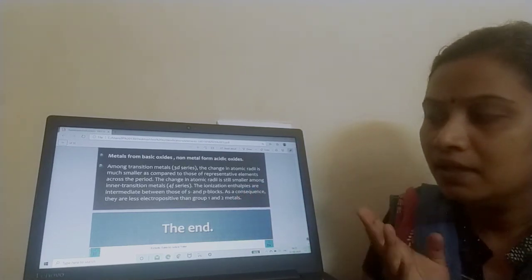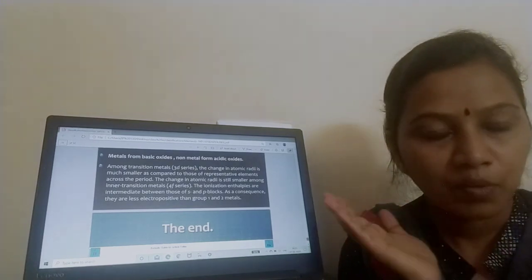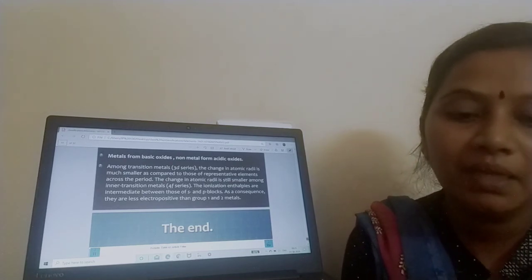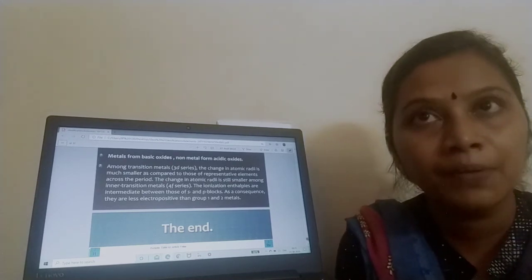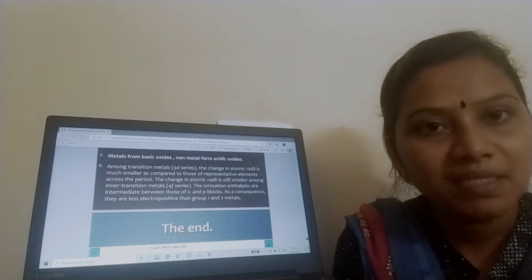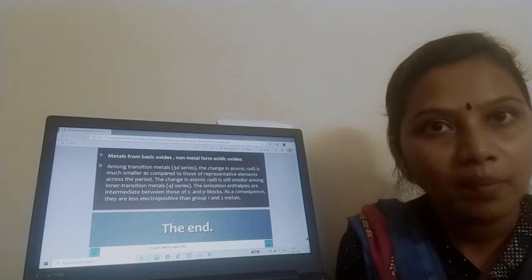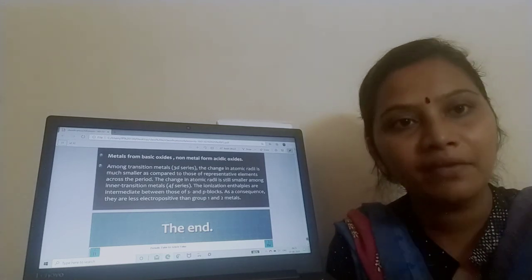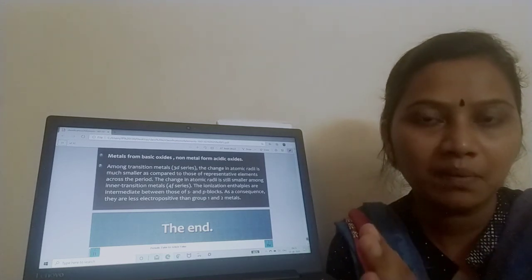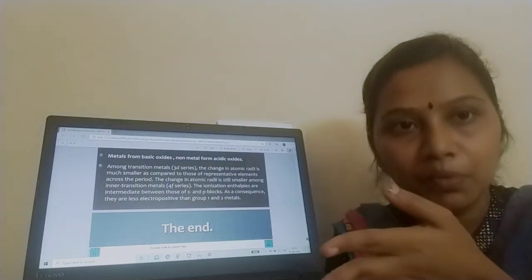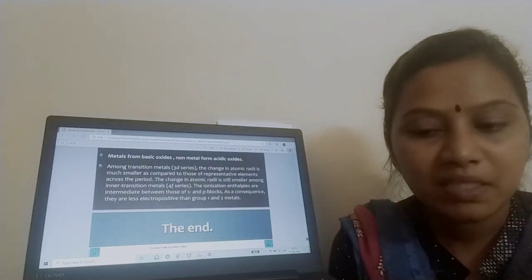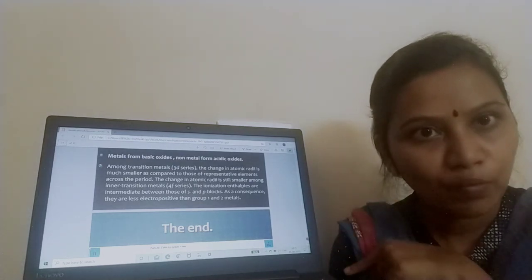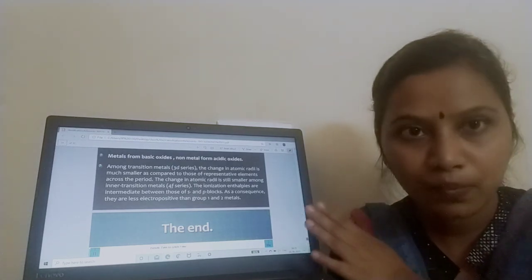So we have seen the trends in physical property. We have seen atomic radii, ionic radii, ionization enthalpy, electron gain enthalpy and electronegativity. I'll be sending you in a format such that what happens to all these parameters when we move from left to right, and what happens to all these parameters when we move from top to bottom in a group. That I'll be sending you. I have discussed the important questions while we were moving down. We have discussed some give reason questions too.